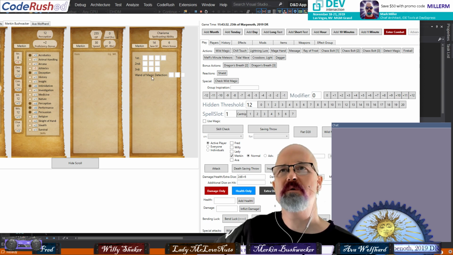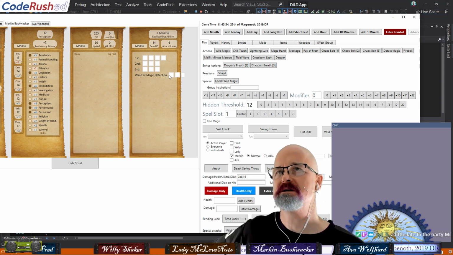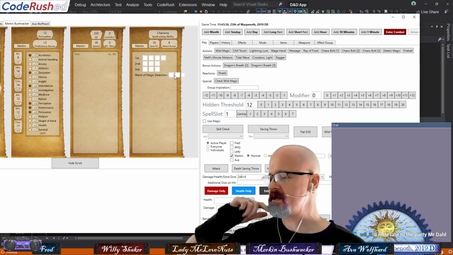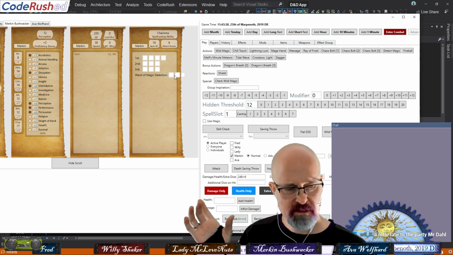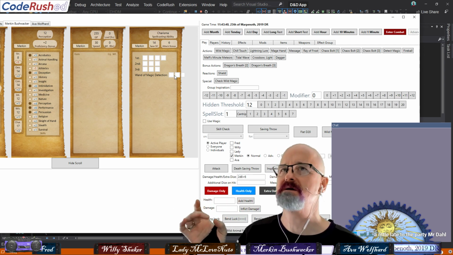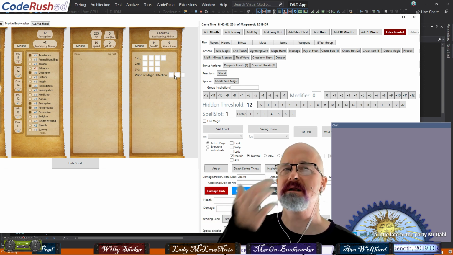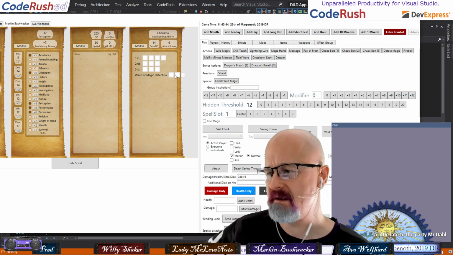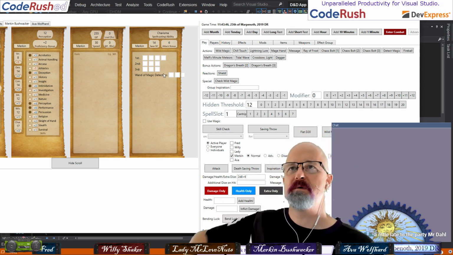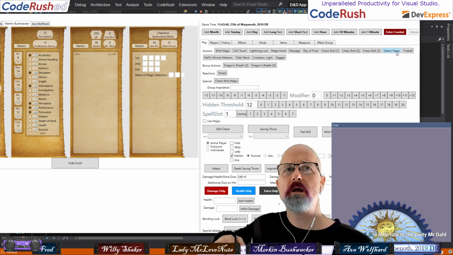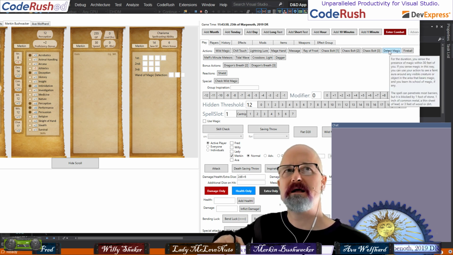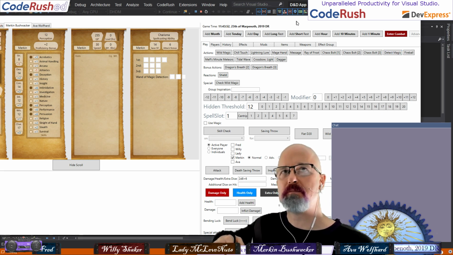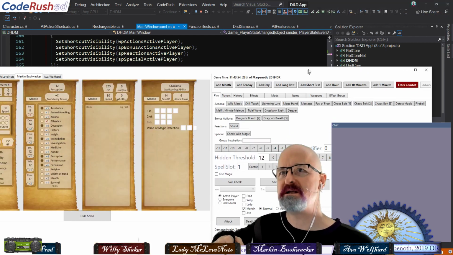I just thought of an easy way to solve this. We just put all this in a scroll view. Is that what it is? Not a scroll view. A zoom. There's a view that allows you to zoom things up and down. I forget what it is. A zoom box or something like that. View box in WPF. All right, so detect magic. If we click this now, we should get a breakpoint on our player state changed.